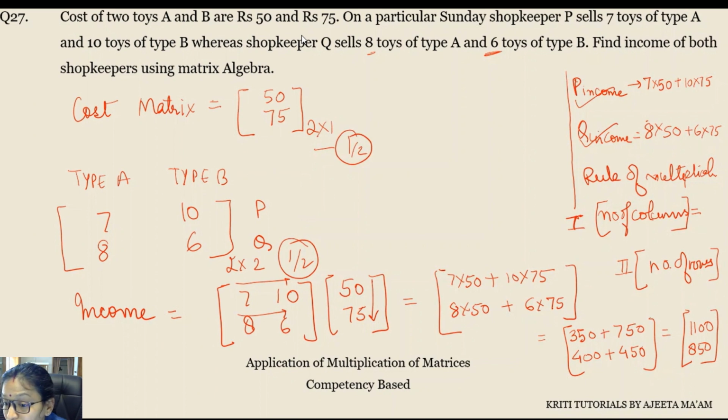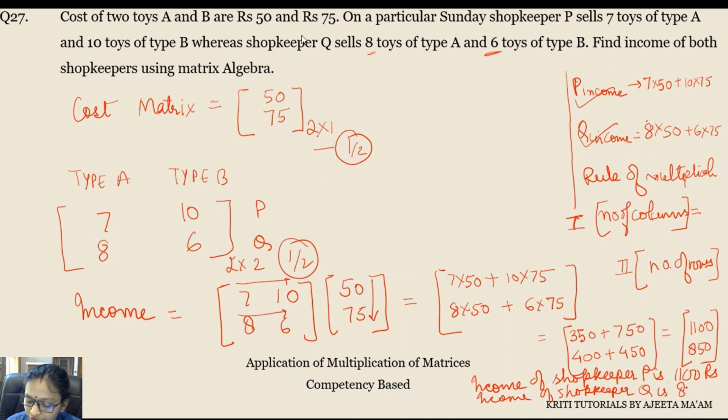सो हमें फाइनल आंसर लिखना जरूरी है। कंक्लूडिंग स्टेटमेंट, फिर से कंक्लूडिंग स्टेटमेंट क्या होगा? इनकम ऑफ शॉपकीपर पी इज 1100 एंड इनकम ऑफ शॉपकीपर क्यू इज 850 रुपीज। ये बहुत इंपॉर्टेंट है लिखना, correct? So final statement has to be written. Income of shopkeeper P is 1100 rupees. Clear? Income of shopkeeper Q